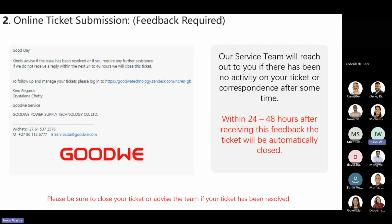Right, then obviously if we haven't got any feedback from you, we cannot keep the ticket open forever. But our service team will do everything they can. If your number is connected to it, they'll send you an email, they'll send a follow-up email, they'll try and get in contact with you. They are very eager to try and help you, and they want to get your ticket resolved. No one wants to keep an open ticket. Obviously, it never helps having unresolved issues with any customer. So we will try our absolute best to make sure that we get in contact with the customer